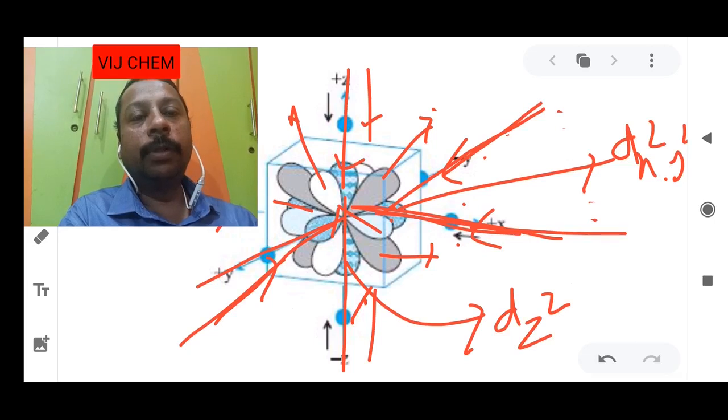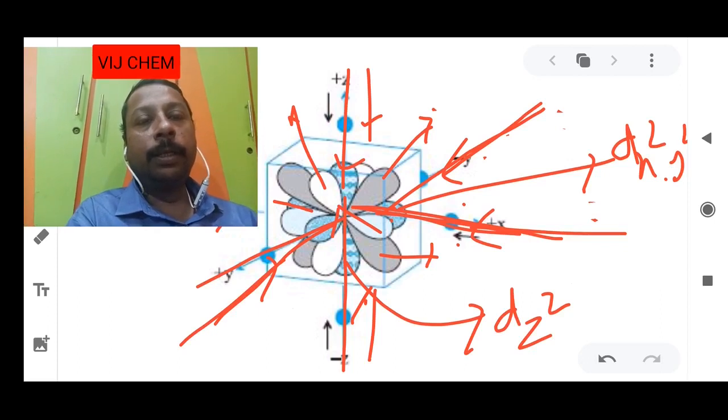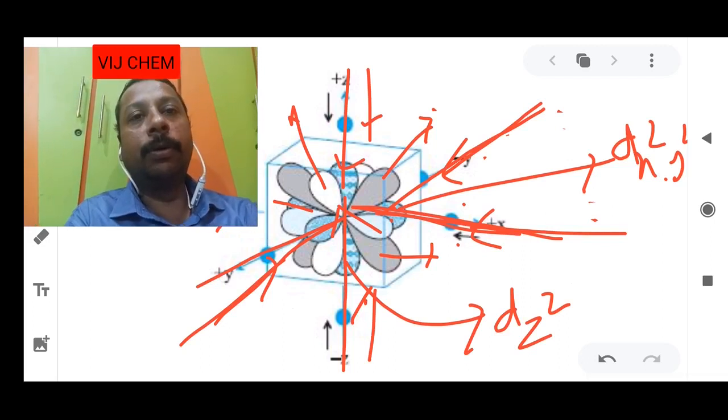Now we will shift to another screen where you will find out how they have split. First I made you understand what the d subshell is and how we have to segregate it according to our current situation of crystal field theory. Then I told you the crystal field theory in octahedral complex, and why there is more pressure on dx square minus y square and dz square. Now it is crystal clear, and it will become even clearer as you go further. So let's wait for the next screen.